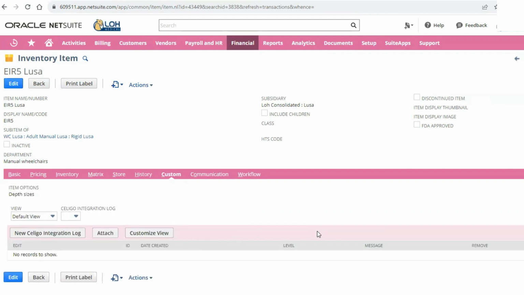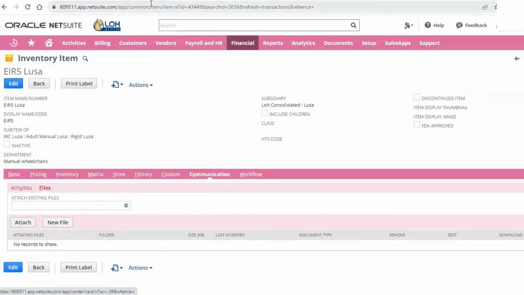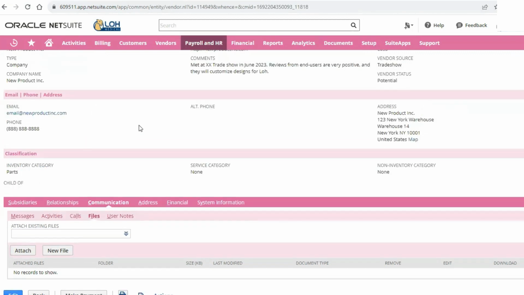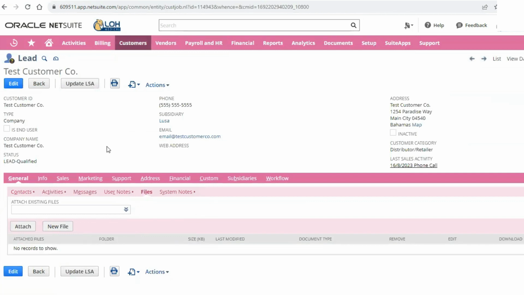You can add communication here. You can add files to an item, so photos of a patient in an EIR5, or a contract with the vendor, or a distributor application form, or a credit report for a lead, right?